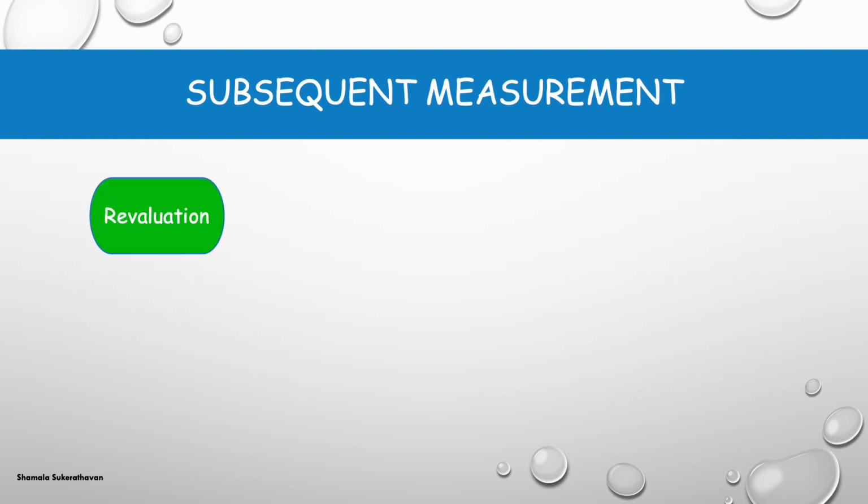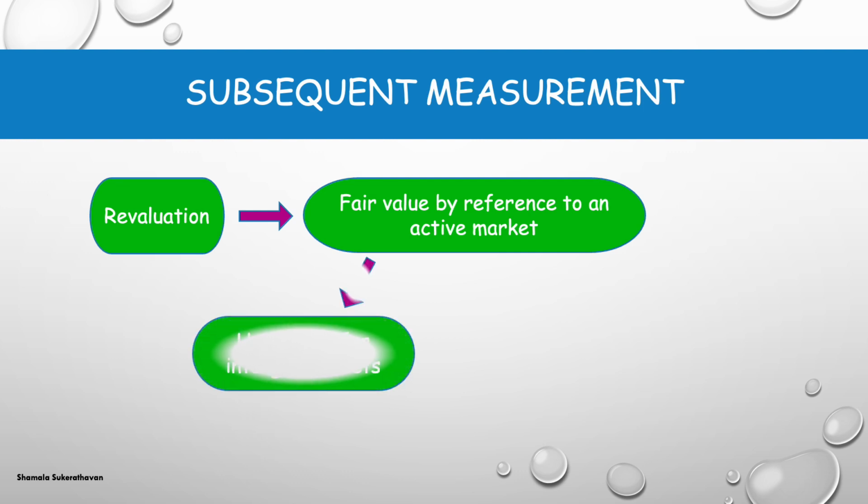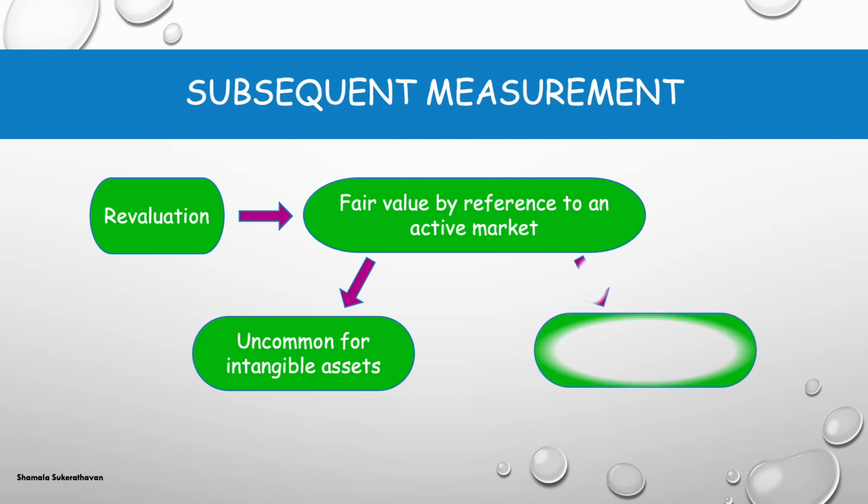Please note, IAS 38 permits the adoption of the revaluation model, provided the fair value of the intangible asset can be measured by reference to an active market. An active market is uncommon for intangible assets, but in some jurisdictions, an active market may exist, for example, for certain licenses such as fishing or taxi. An active market cannot exist for brands, newspaper mastheads, music and film publishing rights, patents or trademarks, as each such